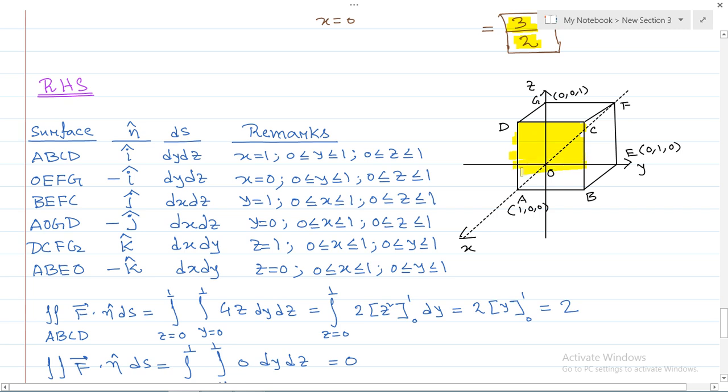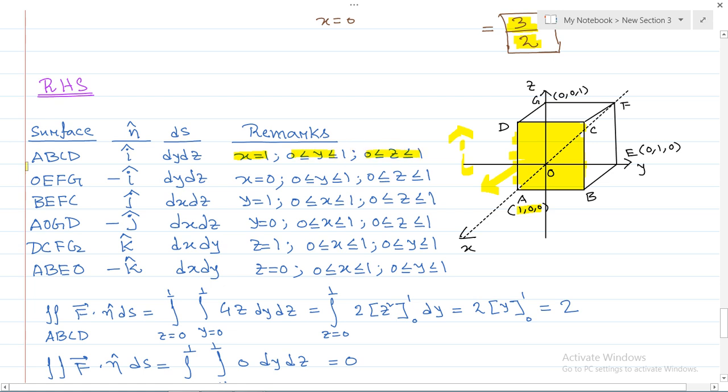For this surface, the outward unit normal will be along the x axis, so along the x axis we have i cap, where ABCD is situated at 1 0 0, that is, A is the corner having coordinate 1 0 0. So x equals 1,